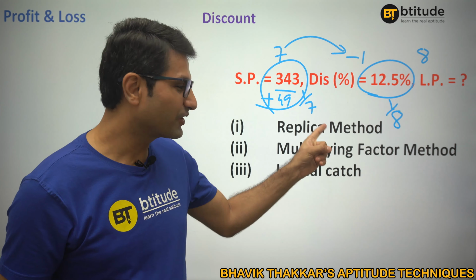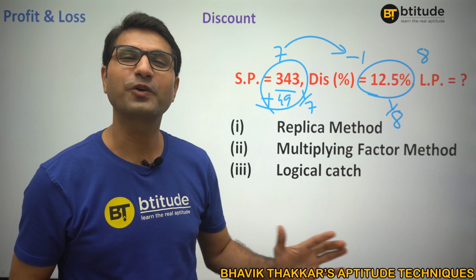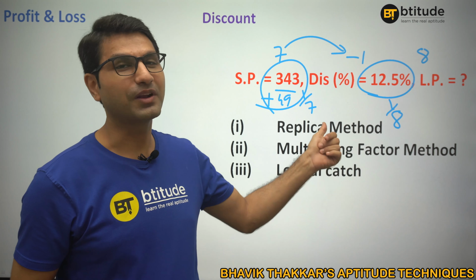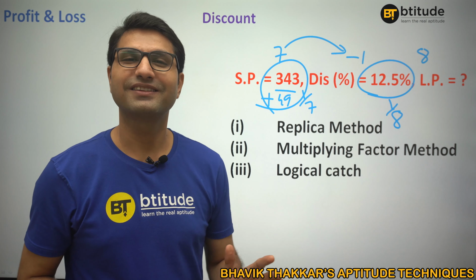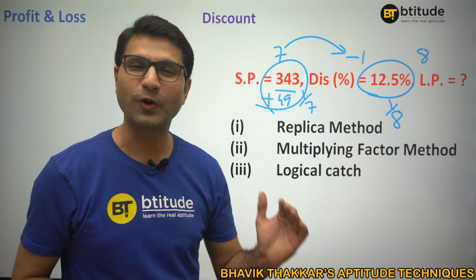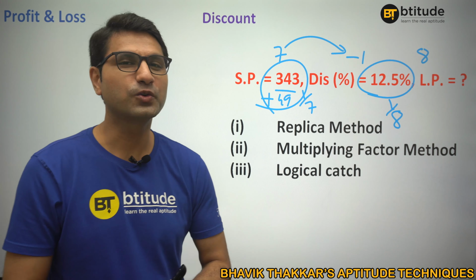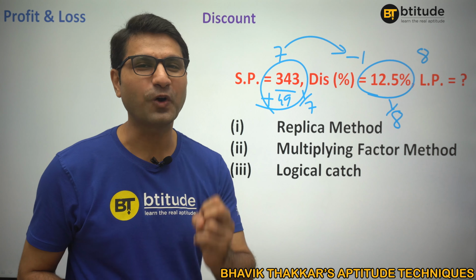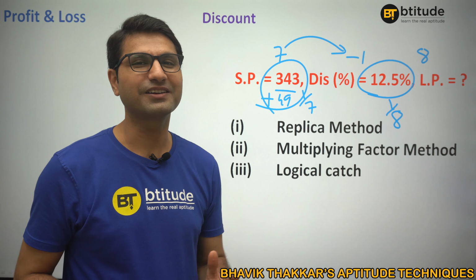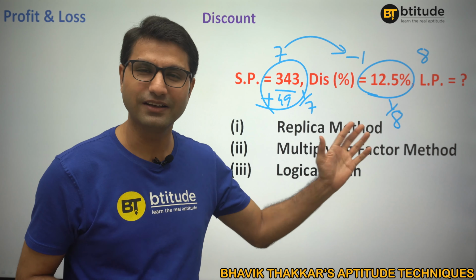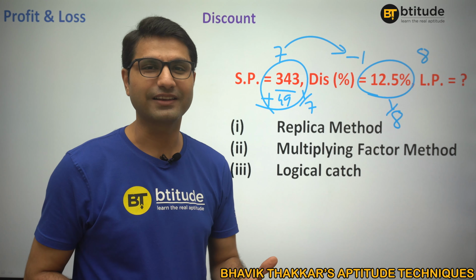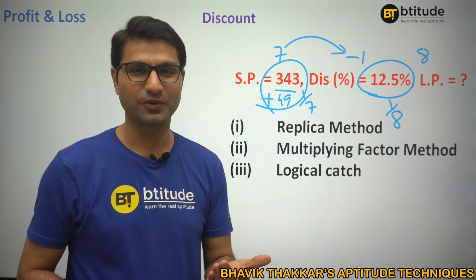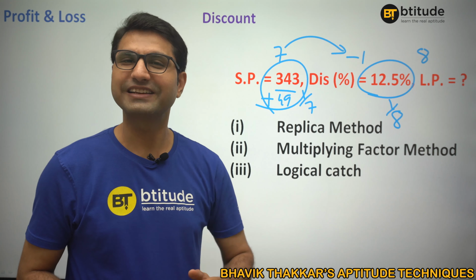Sometimes, because you have to understand all three methods. You cannot guarantee that this would be the shortest in all of them. No. Sometimes maybe this, sometimes maybe that. It all depends, right? That is why we are learning all these three methods. Now what I am going to do, I am going to take some basic questions of discount and we are going to solve them using all these three methods, because the questions that we just did are of course not going to be the question in the exam. In the question there will be 2 or more successive discounts, as you know, right? So let us go for the kill now.